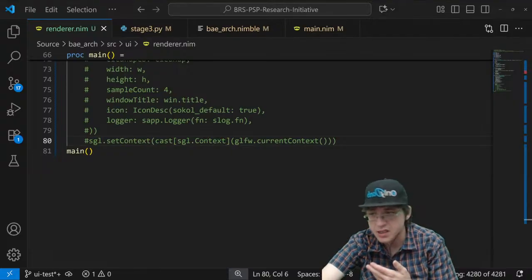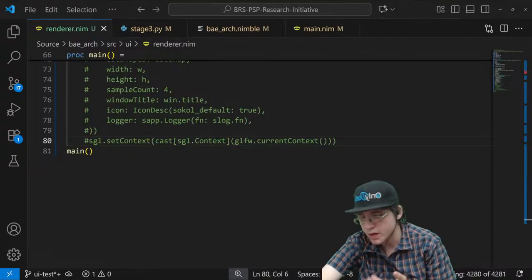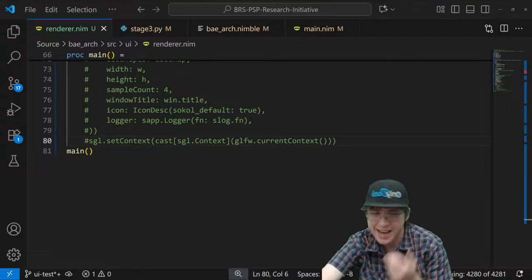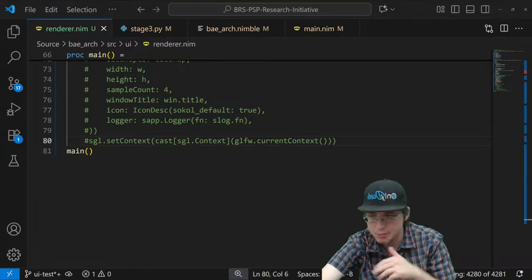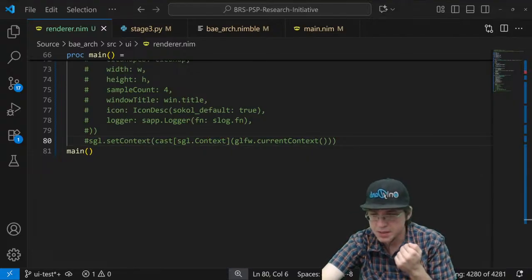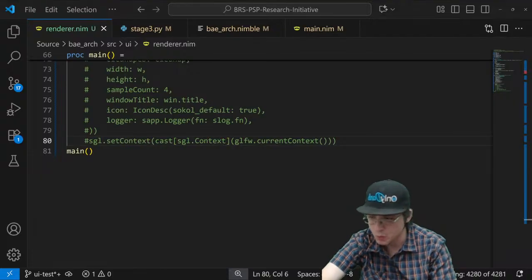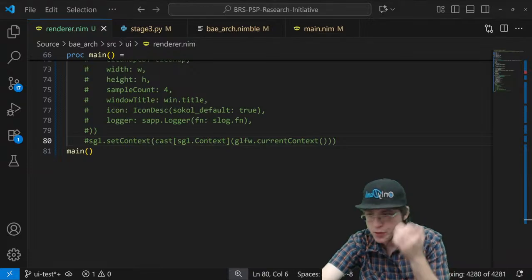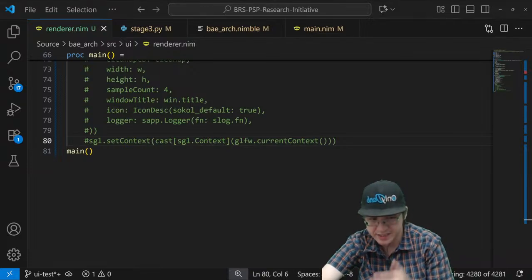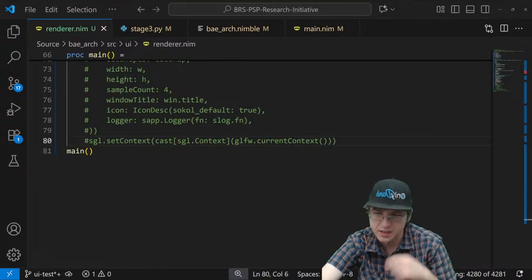The reason I'm using the Zig CC compiler is because it gives caching, which means that every time you have to rebuild, for whatever reason, it's going to be much faster because it doesn't have to rebuild everything all at once. It saves part of the build object, and then when you have to rebuild, it uses that. And if there's any changes made, it will rebuild only that part. So it's pretty cool.